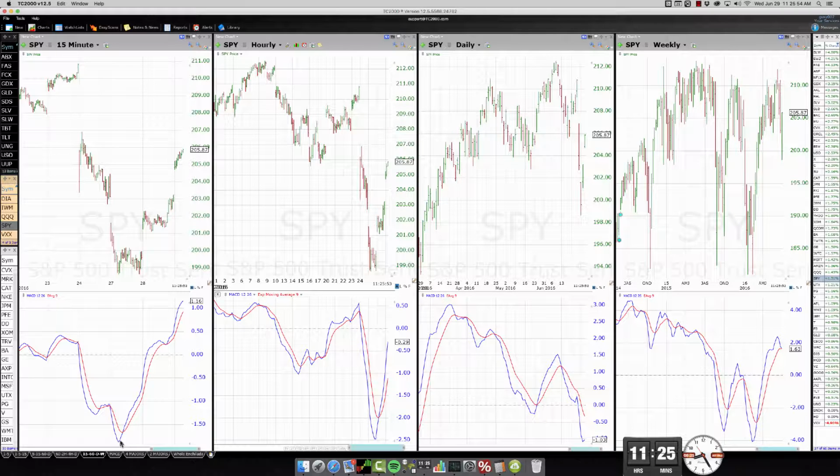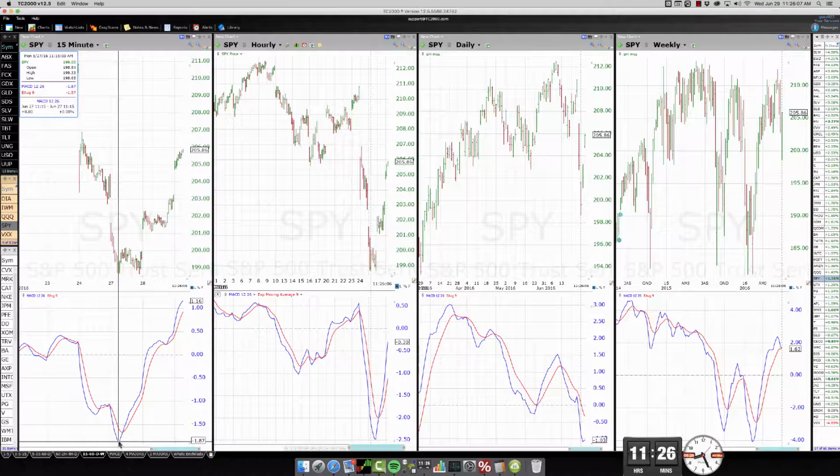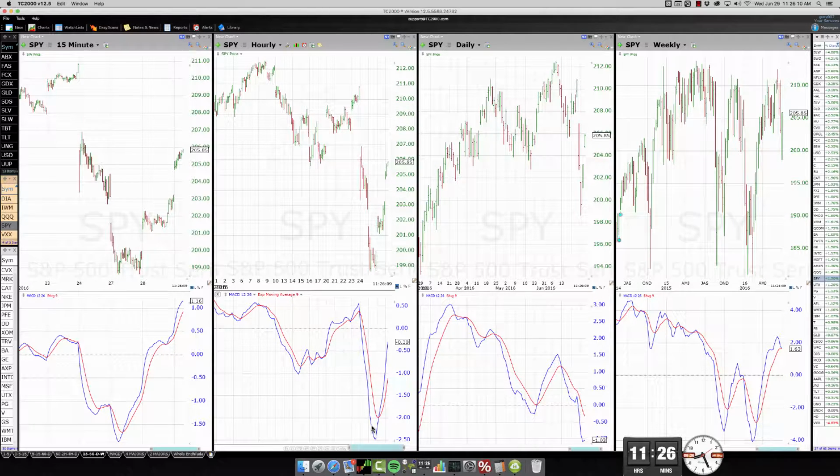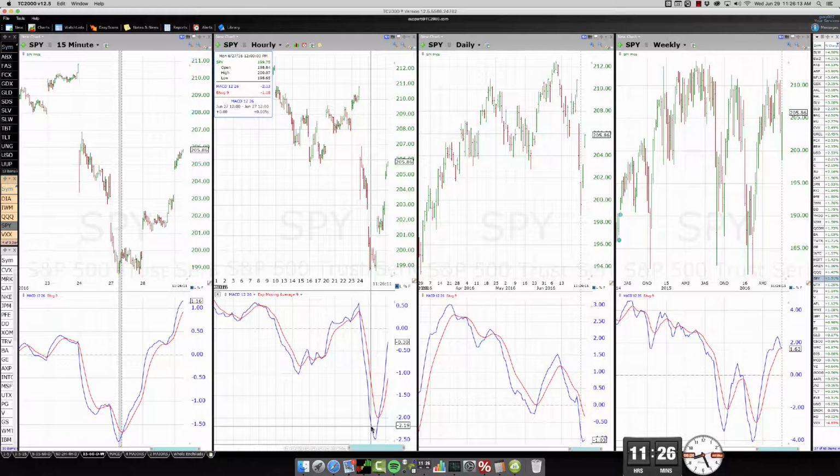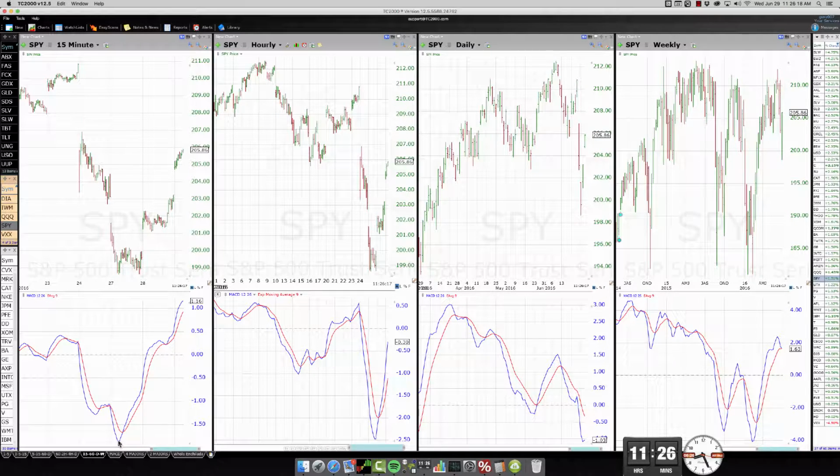This is exactly one of those patterns that I talk about, the 1-2 pattern, where the uptrend begins here. And now at this particular point, take a look at how the 60 was still pointing down with great force, but we were technically bottoming on the 15. So this is exactly one of those 1-2 patterns.